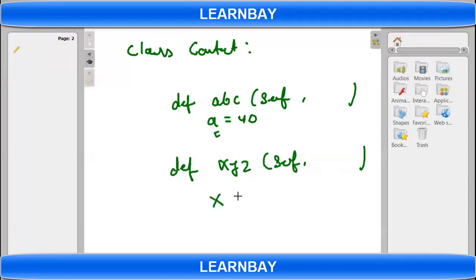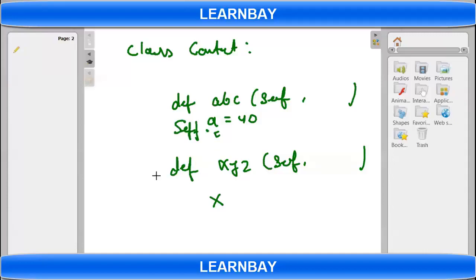So can we access that like contact? No, first of all, this is a local variable to this function. If you write self.a, then it's a different story. Then you are creating it dynamically for this object whenever you call this ABC. Let's simplify: this is self.a, and then it can be used in XYZ.